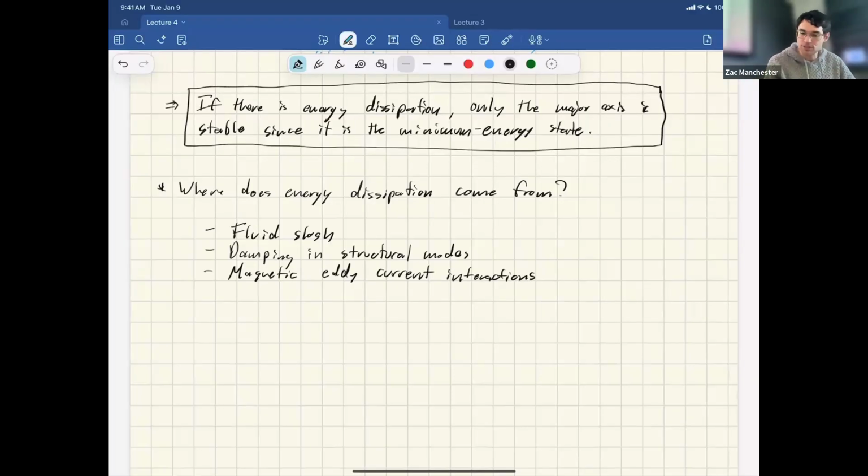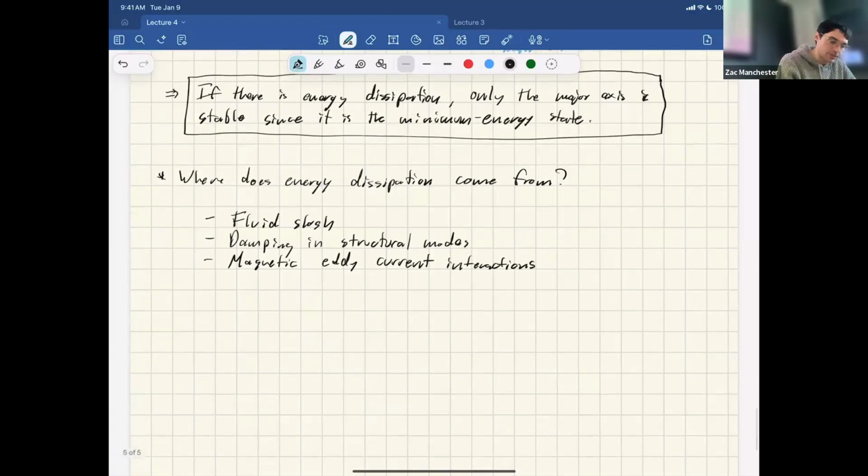Let's see, got like 5 minutes left. Let's see how far we can do. Okay, so I guess this is the story we have so far with this kind of damping effect,